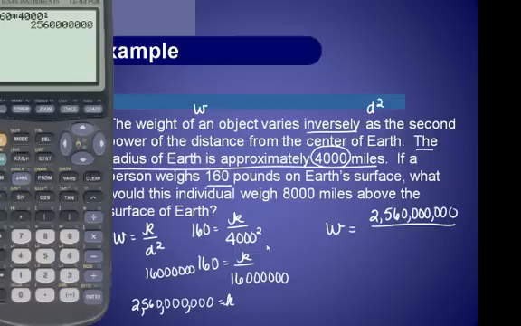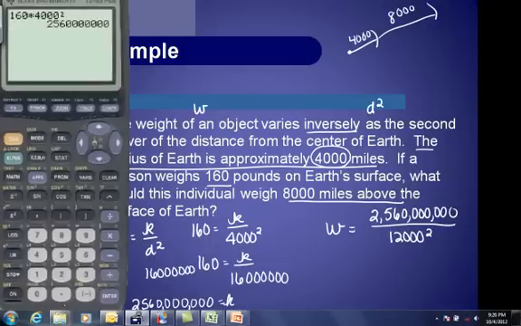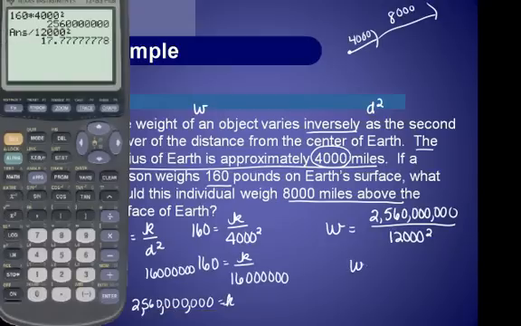And this is another little tricky part. Our formula says that the distance from the center of the earth to the surface of the earth is 4,000, and then they're saying that it's 8,000 miles above the surface. So we've got another 8,000. So for this problem, the distance that we're looking for is 12,000 squared. So we're going to take the 2,560,000,000 divided by 12,000 squared, which gives us the weight of that person would be